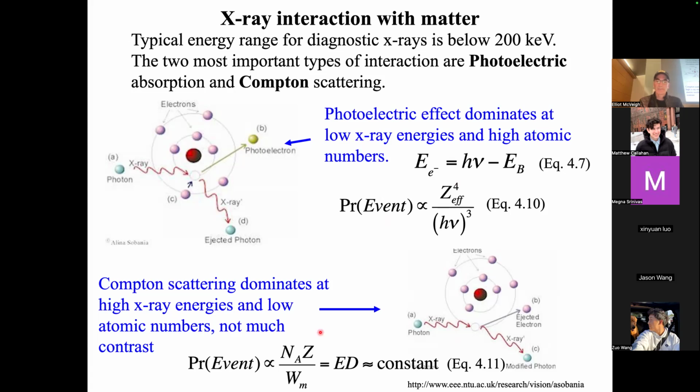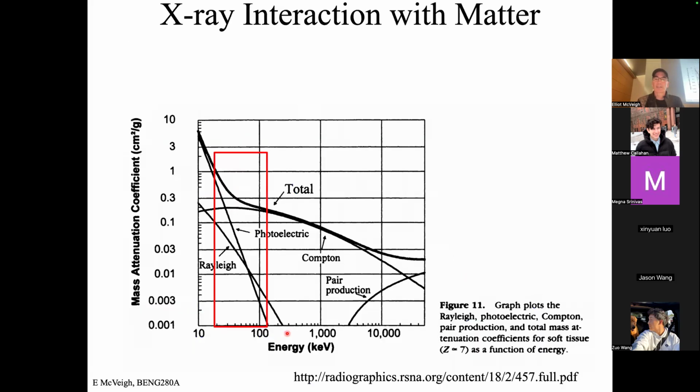For Compton, it goes linearly with Z. So as Z gets bigger, the Compton effect gets slightly bigger. However, over the range of energies that we're going to look at, the Compton effect is relatively constant. Instead of looking at those formulas, this graph is more illustrative of what you need to